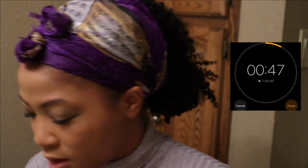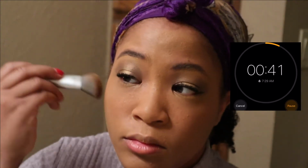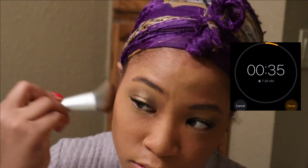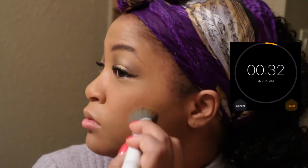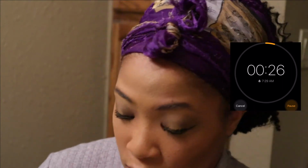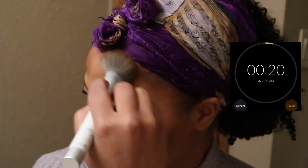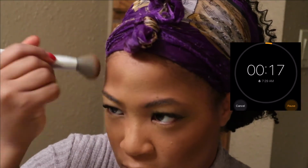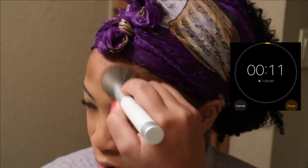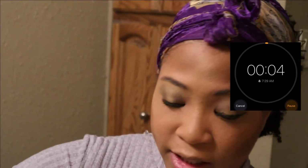50 seconds, bronze. Okay. 30 seconds. I'm about done though. See, look, now I have to lower my eyebrows and look menacing in order to get this part done. Oh, there's way too much bronze on the one side. 10 seconds. I'm gonna quickly do our chin. And in 5 seconds, I'm going to...